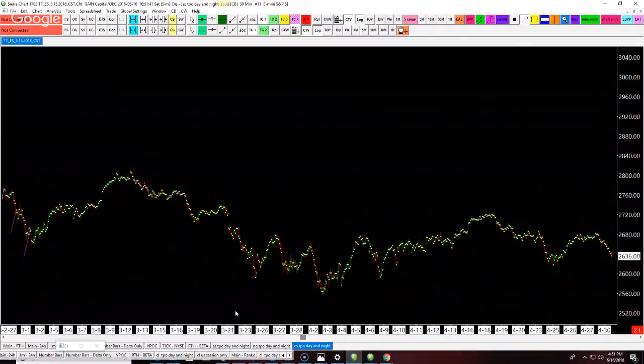The majority of the time, when you look at these days, what you're going to see is giant U-turns off the lows. And even on days where we do close near the low, like on March 23rd, look at the next day, massive counter rotation. We close near the low on the 2nd. By the 3rd, massive counter rotation. We close even near the low on the 6th. Next day, massive counter rotation.